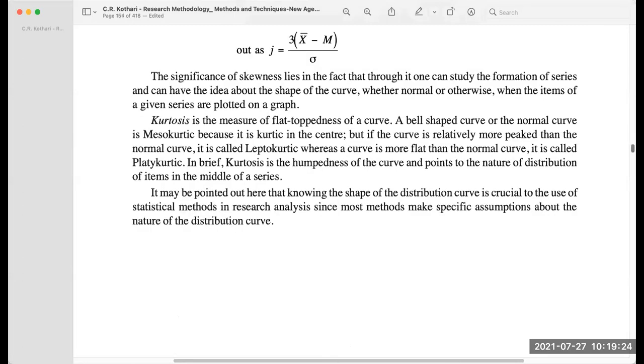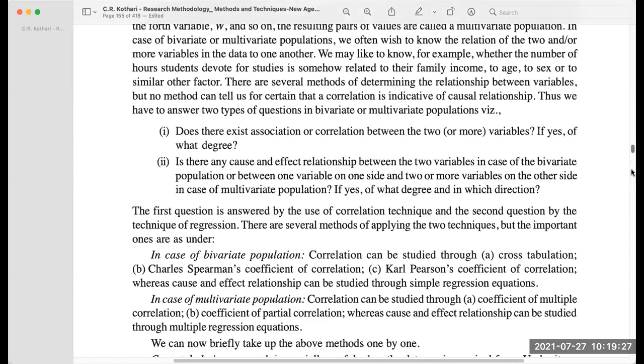So measure of relationship means we are going to measure some sort of relationship between two or more variables. If there are, let's say, variables x and y, what kind of relationship may be there? There may not be any relationship. There may be a relationship. There may be some correlation between them, how strong is that one? And that way you are going to understand the phenomena. What is research? Understanding the particular phenomena, what kind of relation there may be.